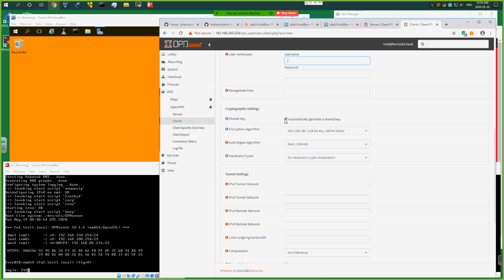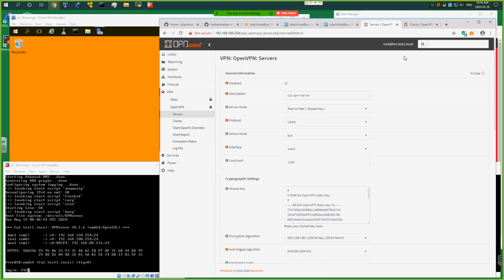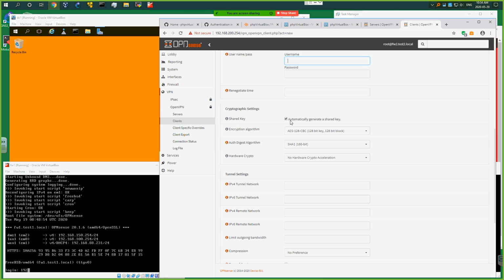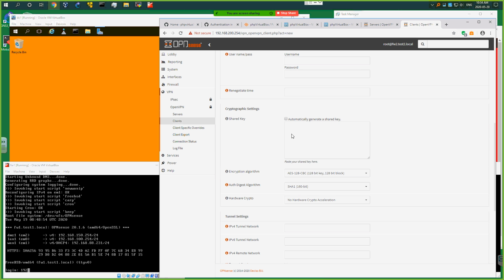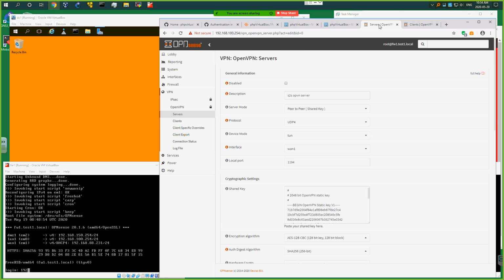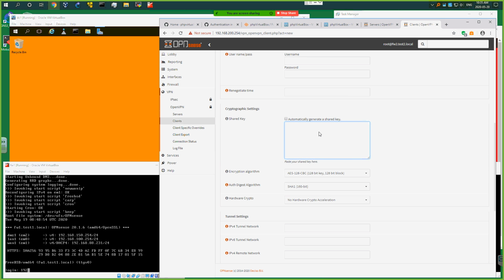So now I already have the shared key. Here it is, it's already here. So what I need is just to say not automatically generated. I have it already, so I'll check it, and this empty space will appear. Then I'm going to come here, click inside, say Control A to choose everything, Control C to copy, and I'll come back, click inside, Control